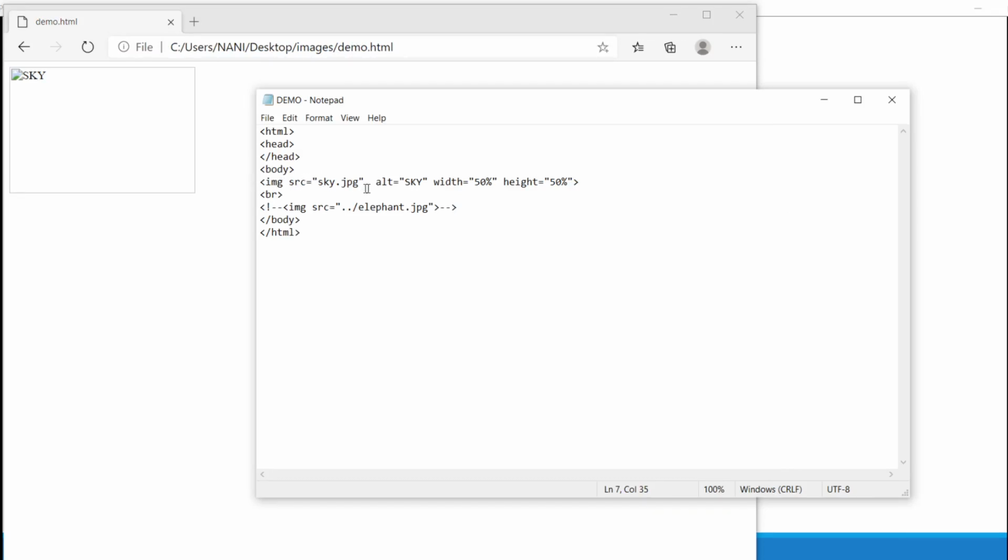What is the tag that is used for image? img. Where are we getting the image? Source. Source equals what I wrote? Sky.jpg. Here I don't have the sky image. Then what is it displaying? Alternatively, I have written some text, that is sky, with the height and width percentage 50-50.